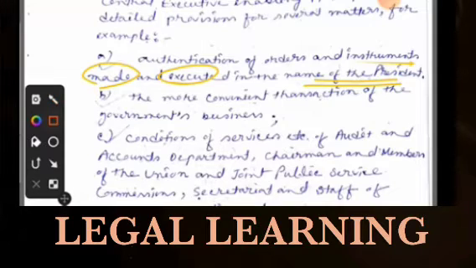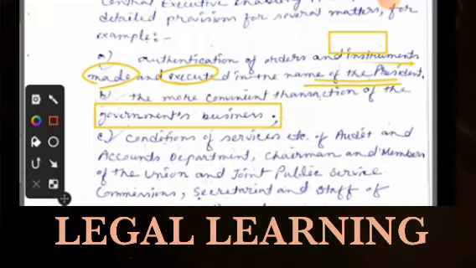For government's business, authentication and execution of bills and instruments. Then, consideration of services, etc., of audit and accounts departments, chairmen and members of the